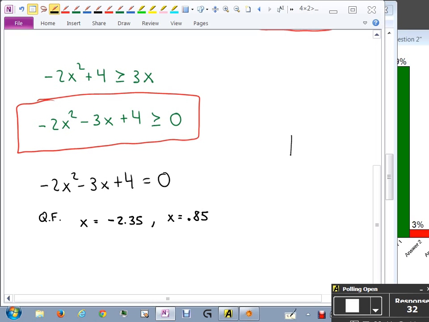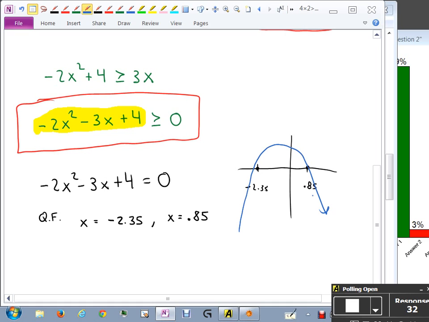And now I do a quick sketch. I plot these points. Here's 0.85. The other one was negative 2.35. I know that these are x-intercepts of that graph. Which way does this graph open? Down, right? I'm looking back at this. I'm looking at the left side as being a function, a parabola. The a is negative 2, so it opens down. So I know it looks like